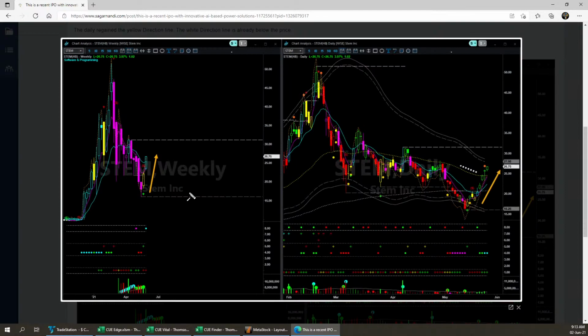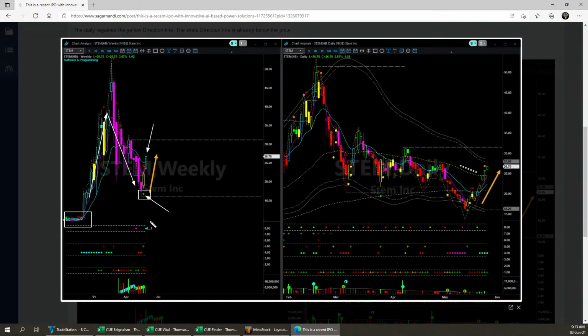I thought so when I analyzed it from Zenith, and I saw the weekly very bullish: recent IPO went up, dropped sharply, and starting to go up after showing bullish